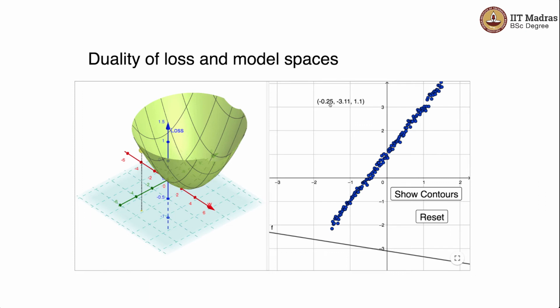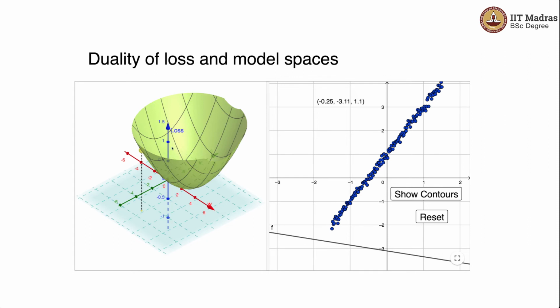These three numbers denote: the first number is the value for W0, the second number is the value of W1, and the third number is the value of the loss. On the left hand side, we have a loss surface. It has three axes, one corresponding to W0, second corresponding to W1, and then this vertical axis corresponds